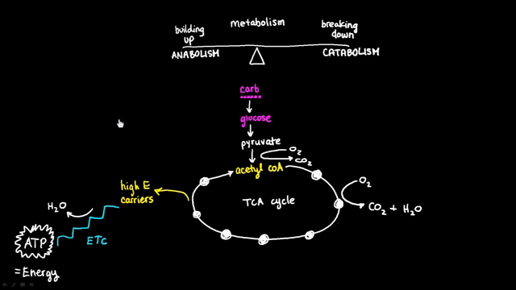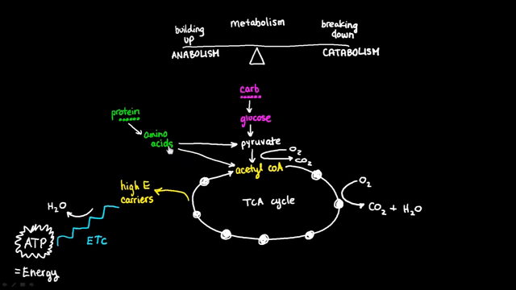Now let's look at what happens to the protein that's in our diet. So protein was one of the 3 macronutrients that we looked at in the last video, and the proteins in our diet are broken down by our digestive tract, as we saw, into unit parts called amino acids. And depending on what kind of amino acid you're looking at, the amino acid can either enter the system here at this level, or it can enter here, depending on which kind of amino acid it is.